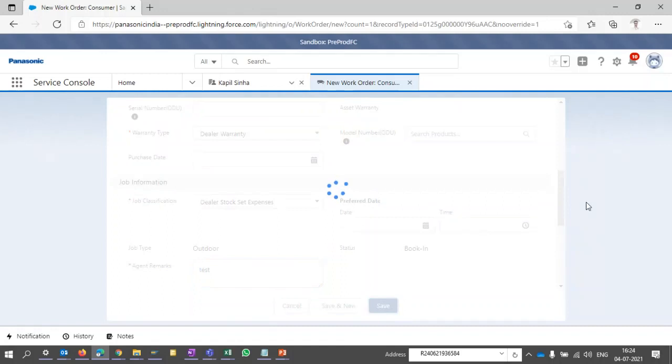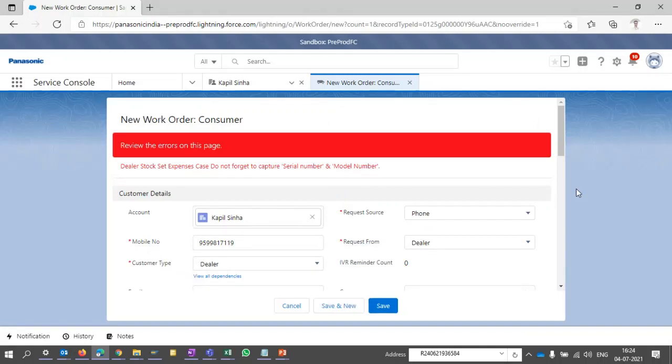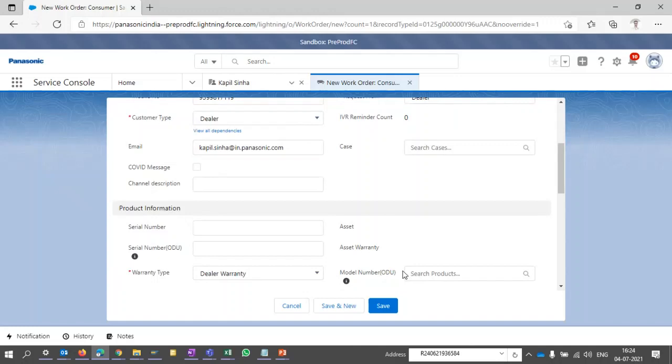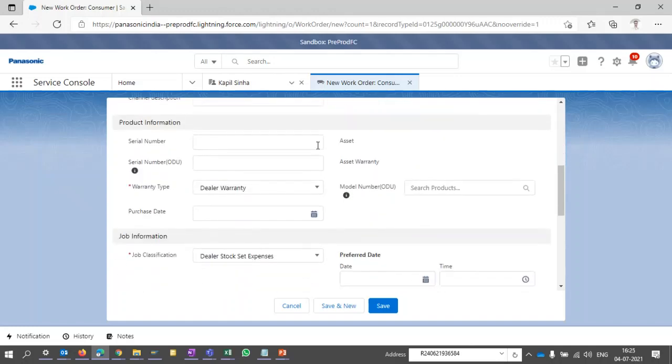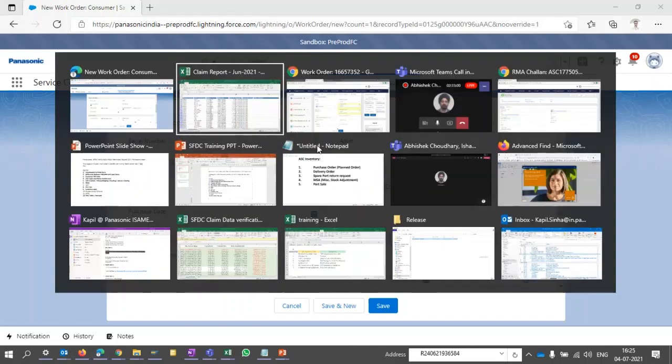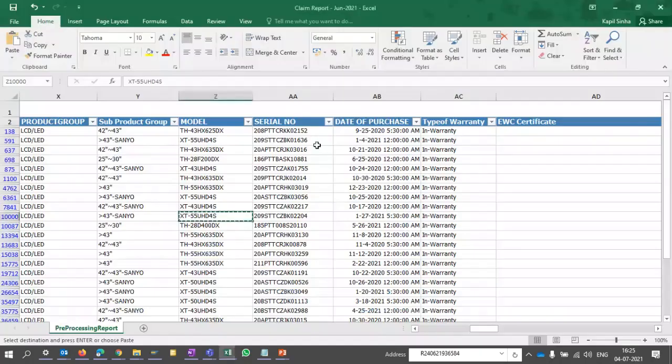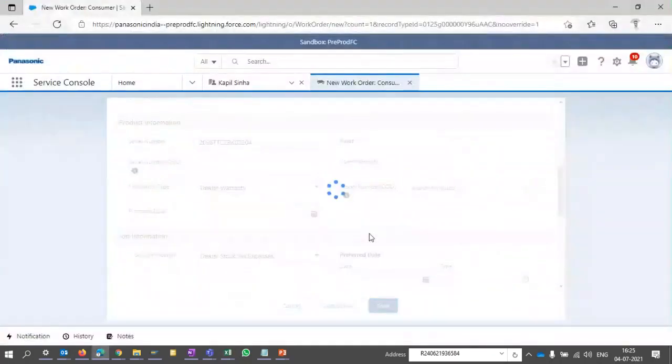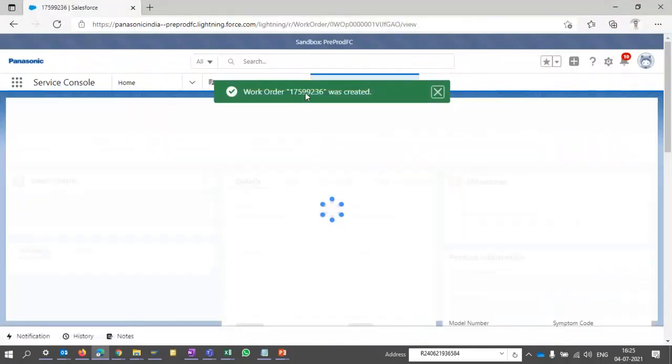Save. Okay, it needs a serial number also. Check. So this job was created, correct?